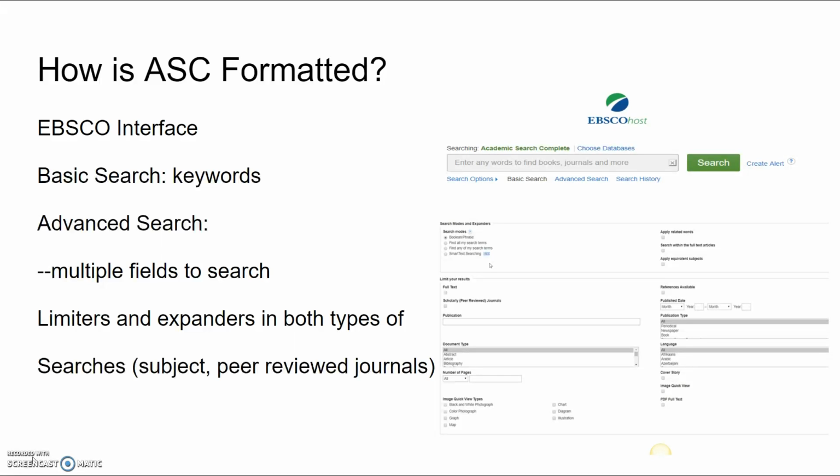The Academic Search Complete format is designed to be easy to use for those who are less familiar with scholarly databases. This is true for nearly all EBSCO databases. It has a basic search function, which is a keyword search, and the advanced search, which allows you to choose specific fields to search. The advanced search is the default page when you access Academic Search Complete through the King Library website. If you have a more specific idea of what you would like to find, it is best to